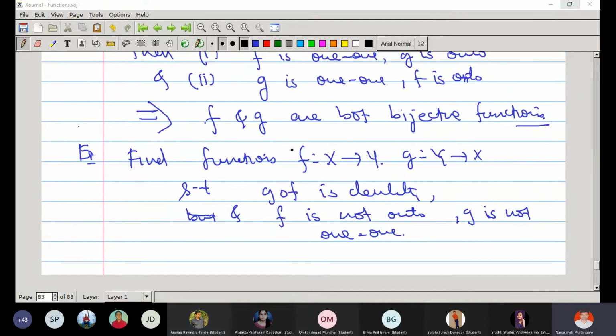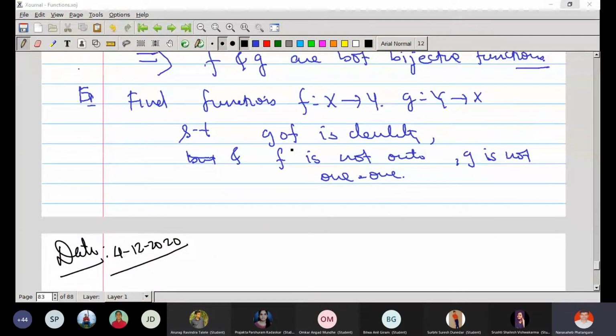Okay, so what we discussed last time, yesterday: if f is a function from set x to set y and g is a function in the opposite direction, right? So f is a function from x to y and g is a function from y to x. If f composite g is the identity function, then f is 1-1 and g is onto,